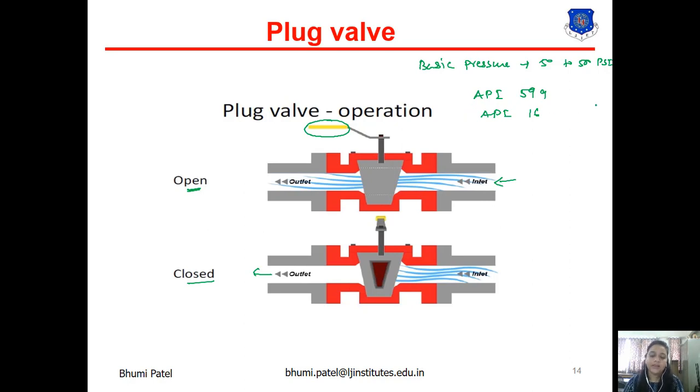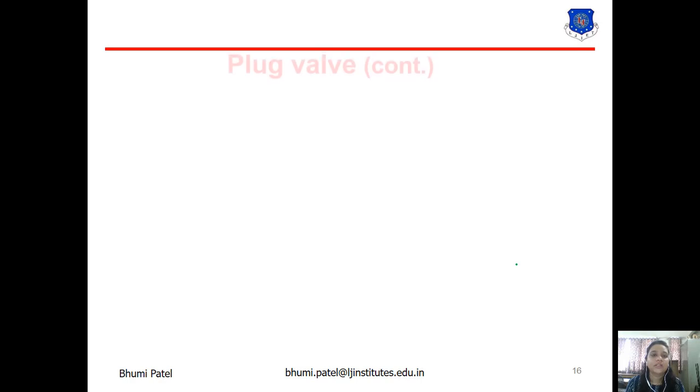Now the plug valve is installed in the closed position. In the plug valve the pressure is medium on the upside, and on the downside the pressure is high. It is also used for high temperature applications. Whenever there is high temperature in the inlet, the plug valve is in the open condition, and whenever there is medium or low temperature in the inlet flow, the plug is in the closed condition. So this is the plug valve.